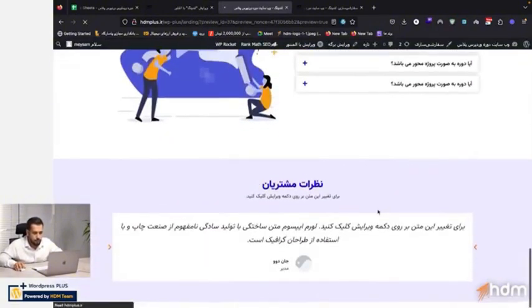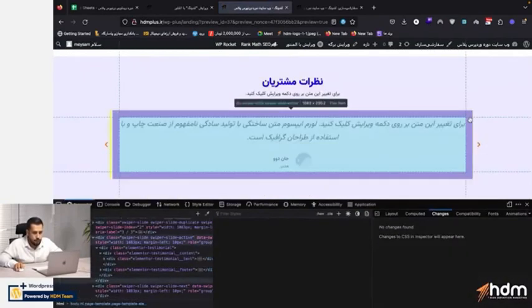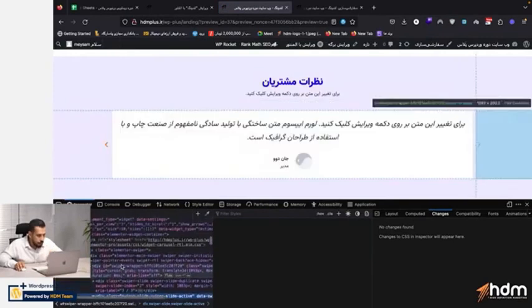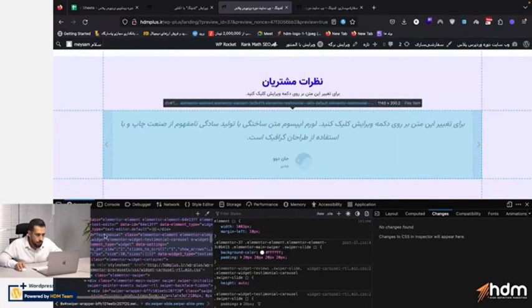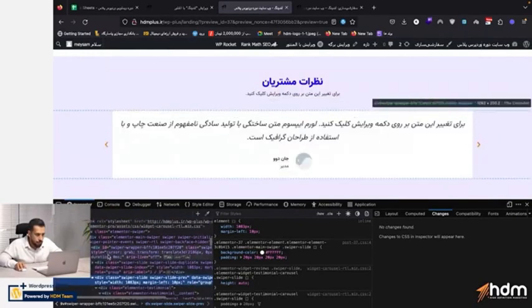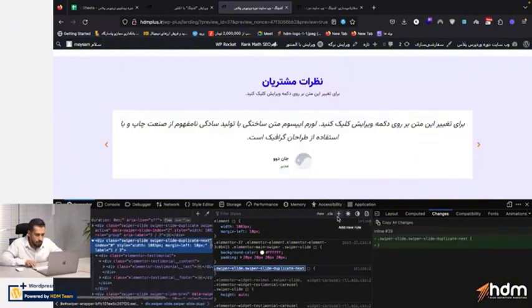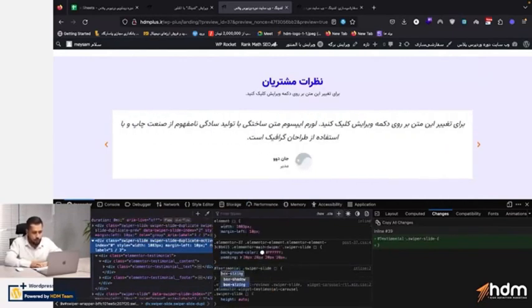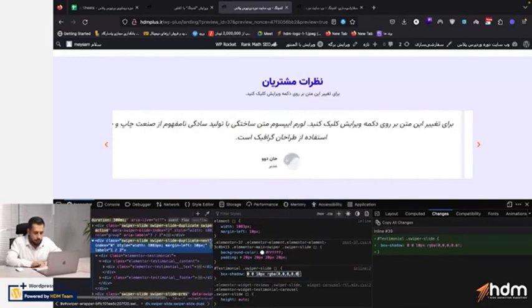And comes here. This is also for me, guys, and I can give it a border radius style and a box shadow. We defined an ID for it, guys, here, named testimonial. You see, it has been assigned an ID. Now I can come and take any of these active elements and give them a box shadow. I say, define a box shadow for me on this class with the ID testimonial. I say 0, 0, 10 pixels, RGBA 0, 0, 0, and I set the last 0 equal to this, and